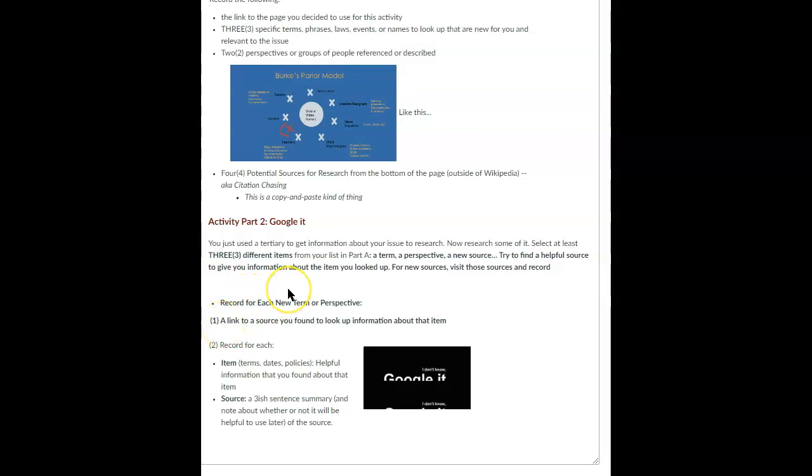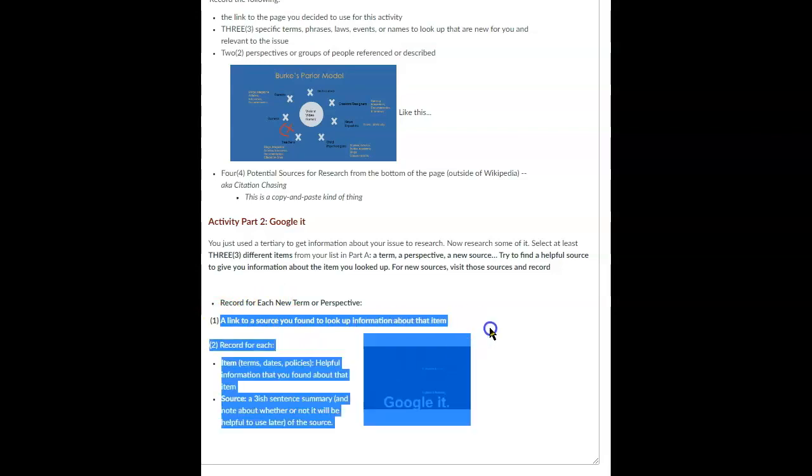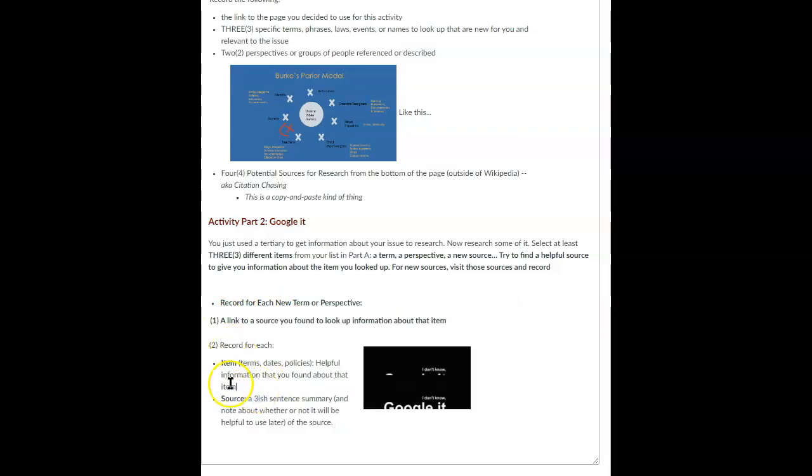So again, you've got 3 specific terms, 2 groups of people, 4 potential sources. So you've got 9 things, you're only choosing 3 to look up. So you can be selective, maybe get some variety in there. What you're going to do is a link to the source you found. So for each item that you look up, so a term, date, policy, things like that, one of those specific terms you looked up, or a specific group of people or a perspective, you're going to Google it, find some helpful information about it,